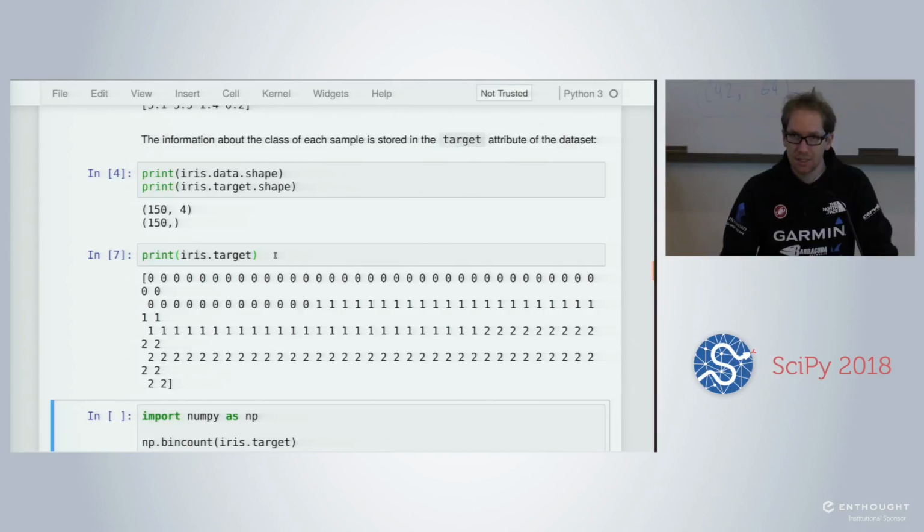We'll have the target, which will be our classes. And then we'll have the target names, because in Scikit-Learn we only handle numerical data, but in this case we don't have numerical data; we have the names of flowers. So we have a connection between integers and the flower names.